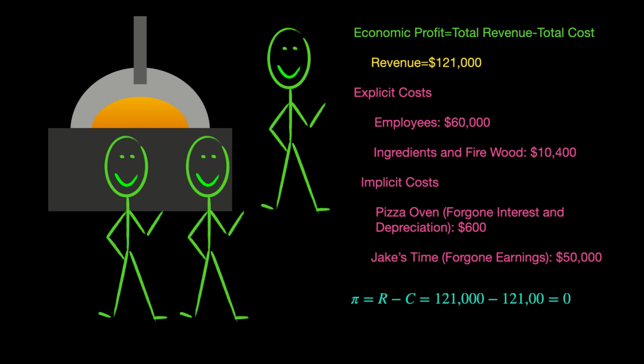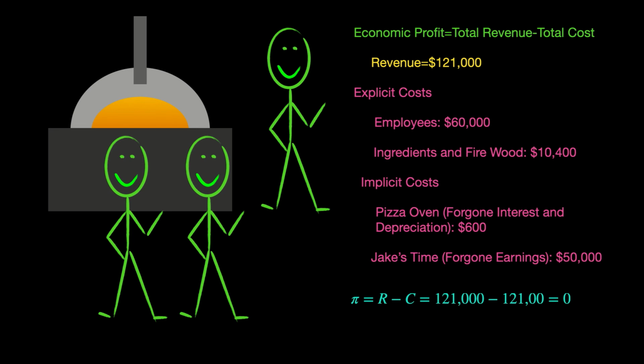Zero economic profit means he is doing just as well running his business as he would be if he pursued his next best alternative. So when a firm has zero economic profit, the firm still has accounting profit. The reason economists calculate profit differently than accountants is because economists are answering a different question. Economists use the concept of economic profit to compare options.